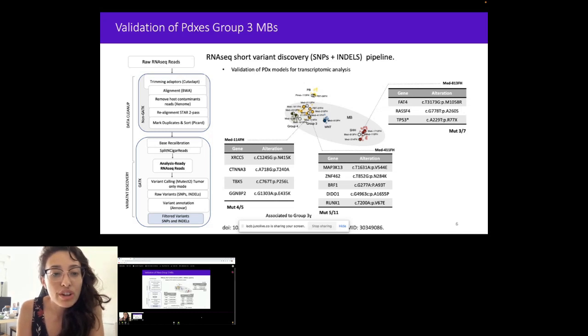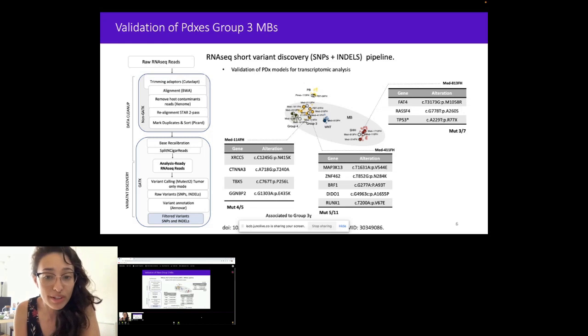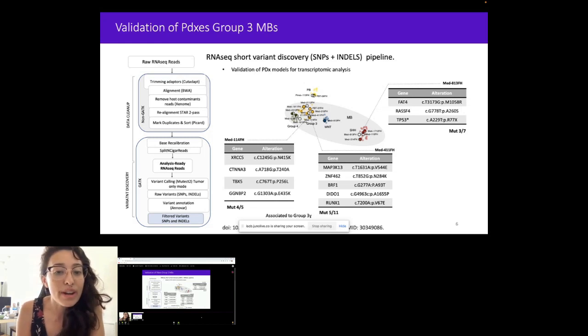One of the main features we are working with is that we have the challenge of possible contamination with mouse reads, right? So we do bioinformatic treatment to remove all the contamination from mouse, and then we can retrieve only the human reads. So we were positive, and we found mutations that resemble the nature of these patient-derived xenografts.